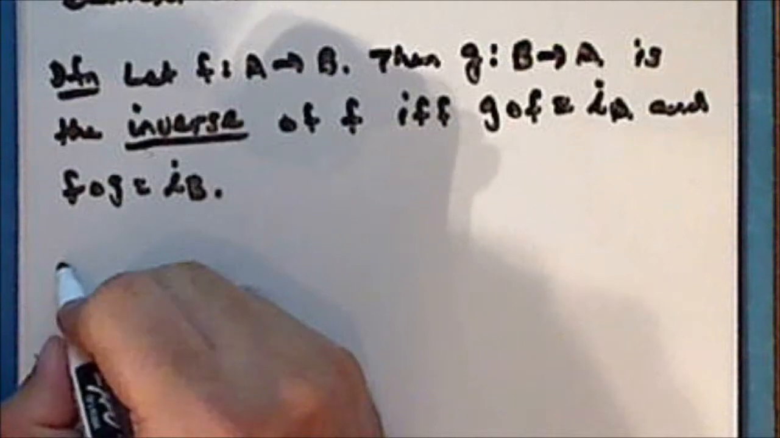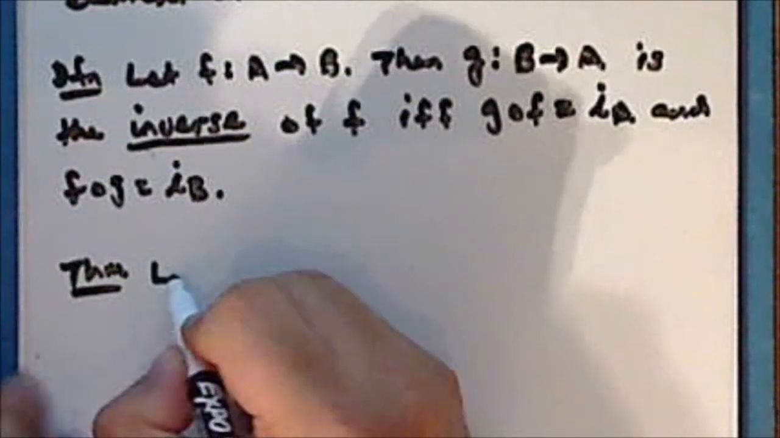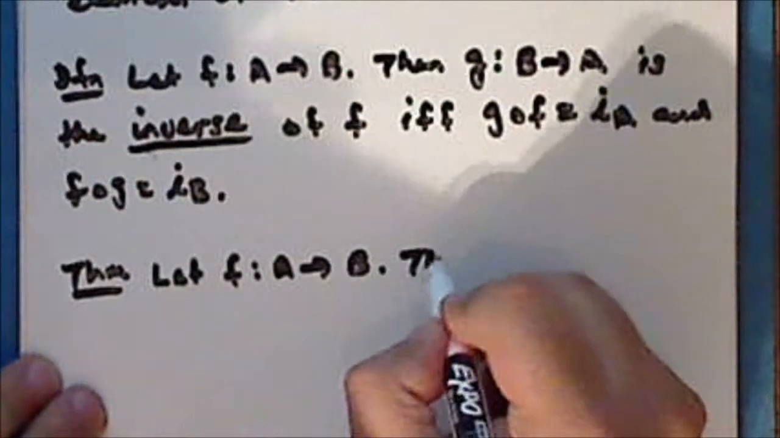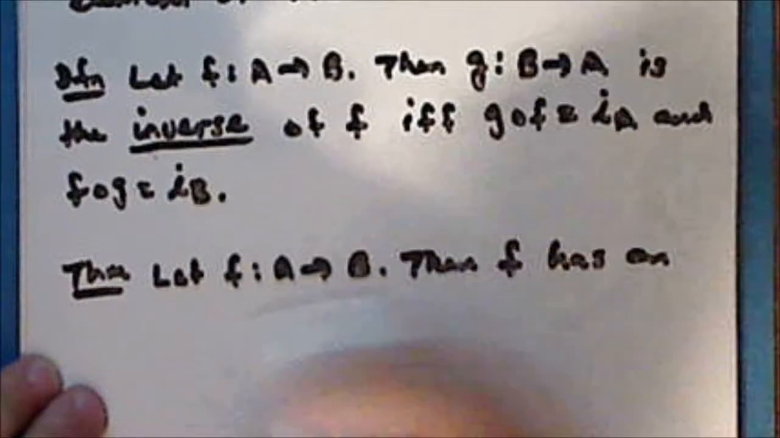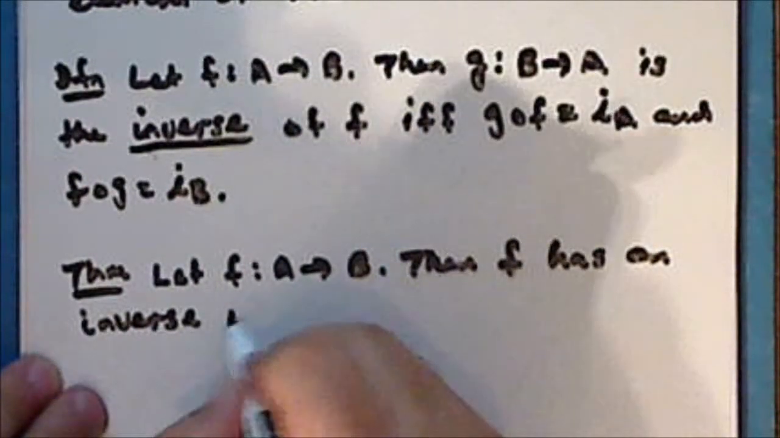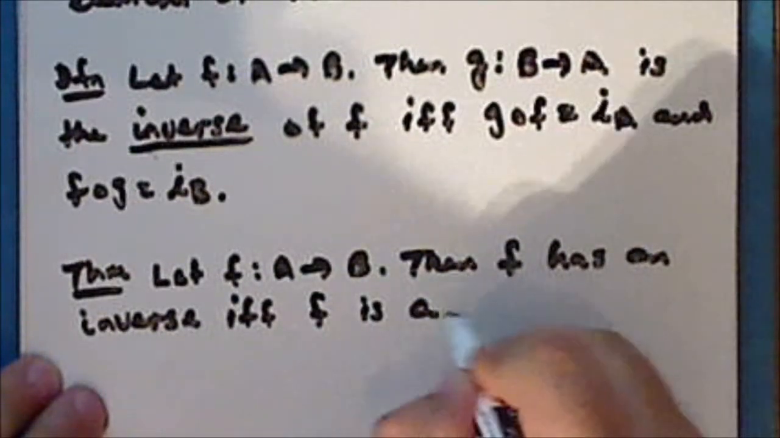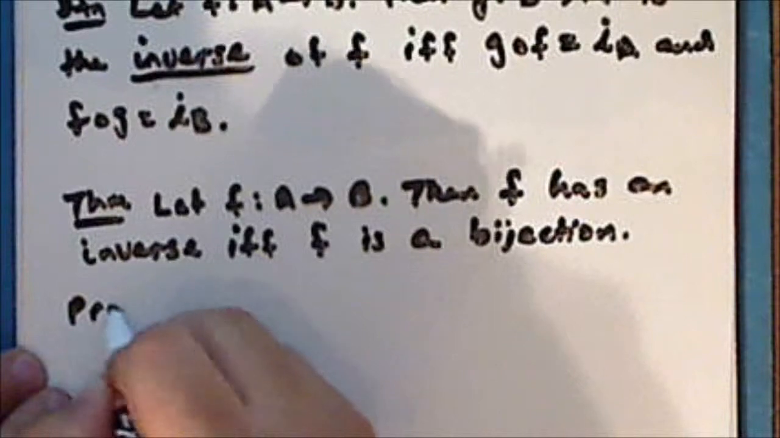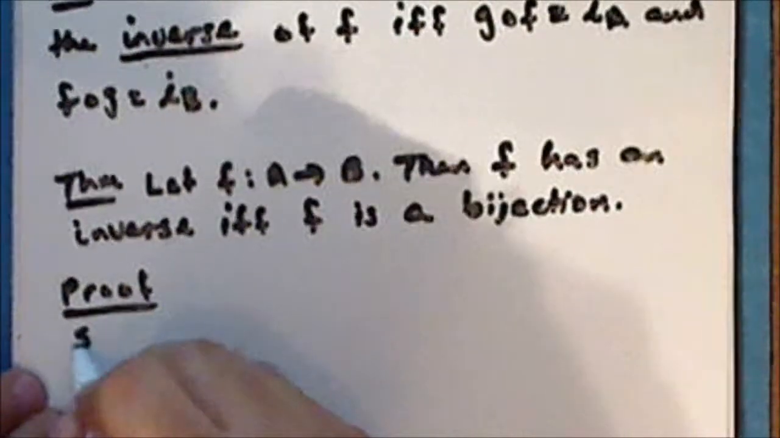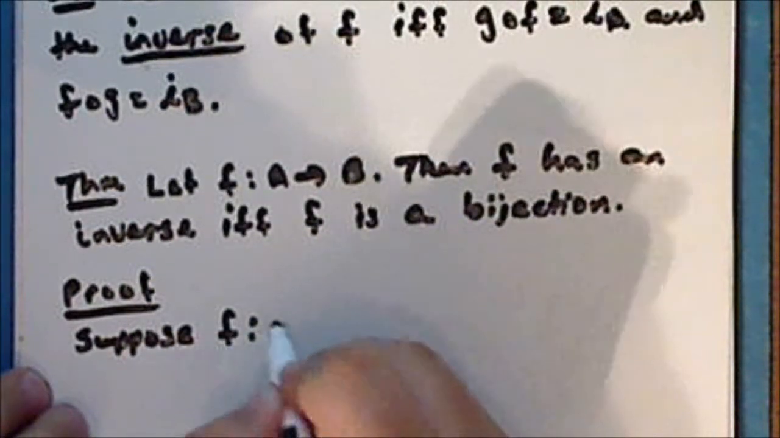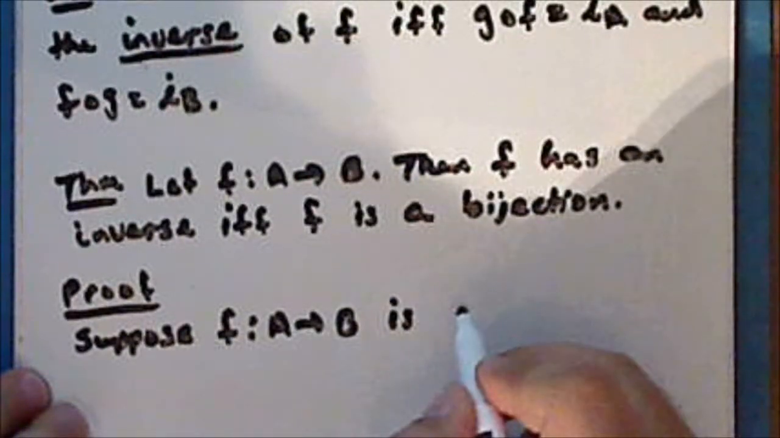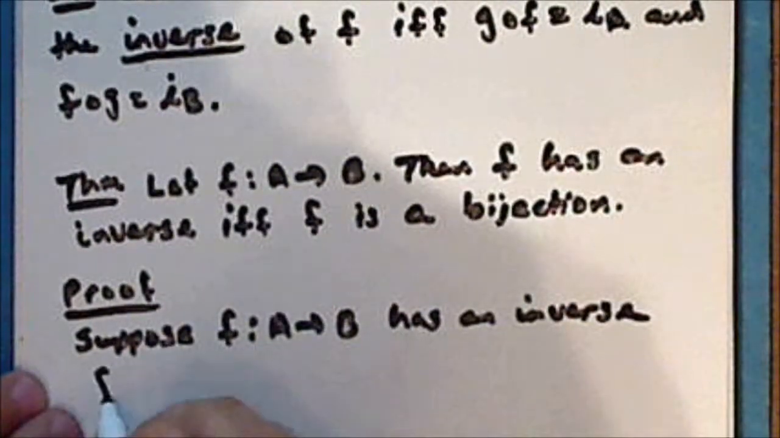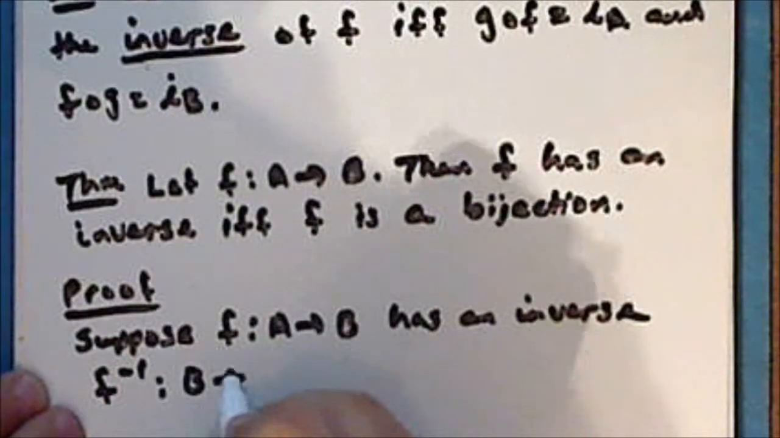So next we'll prove a theorem. Let f be a map from the set A into the set B. Then the function f has an inverse if and only if the function f is a bijection. So proof. Suppose that the function f, mapping A into B, has an inverse, which we denote f inverse, mapping B into A,